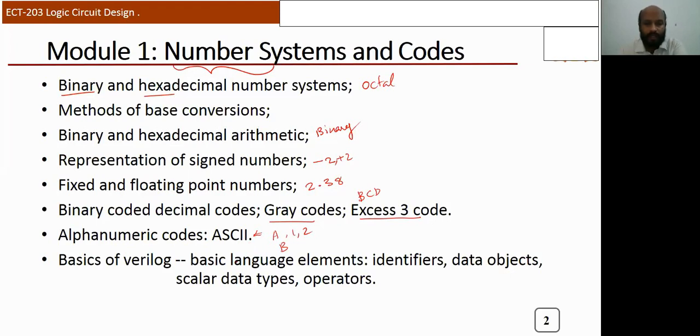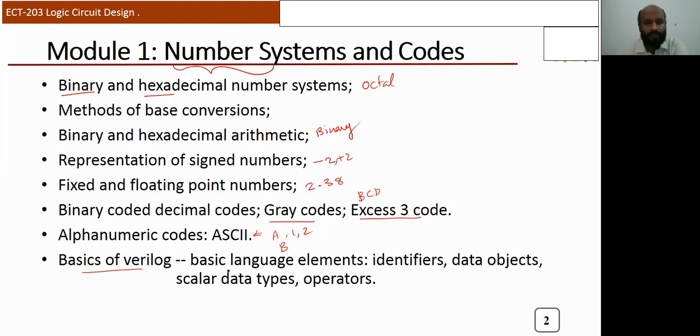In the final portion, we will discuss the software part. We will discuss the Verilog language basics, which is actually used to write programs for digital systems, for the simulation part. So this is not only a theory paper. We are discussing theory, and we can also simulate all these systems. For that, we need a language. One of the languages used in digital system simulation is Verilog.